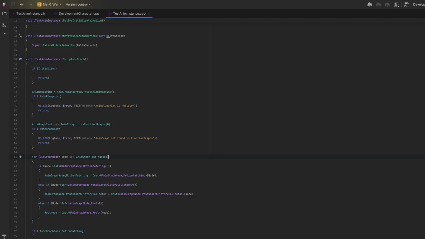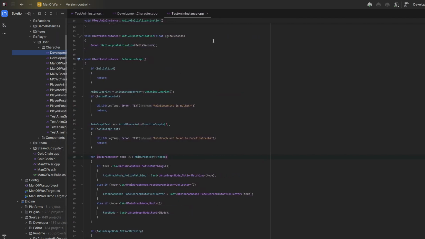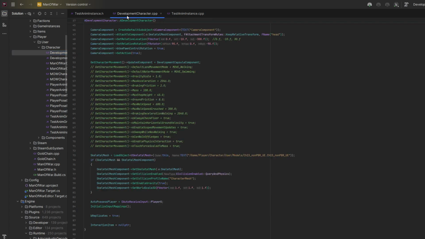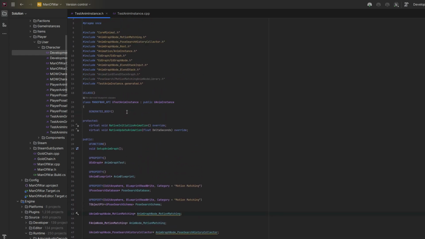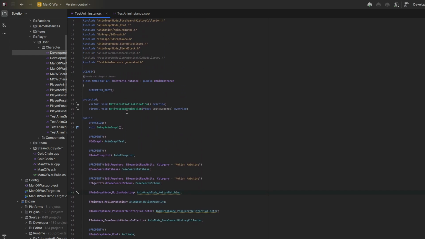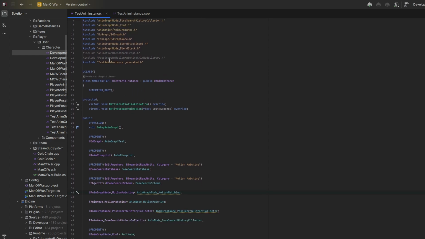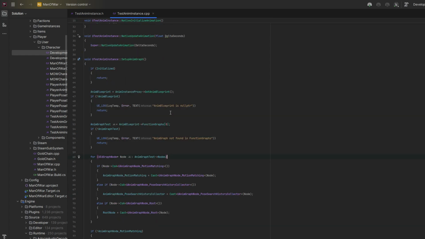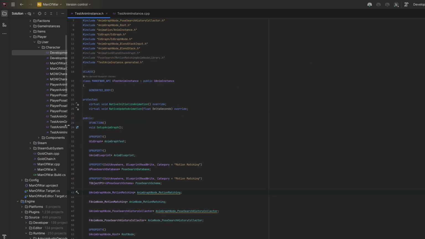So if we open up Rider here, and I'm just going to get the Explorer open here. Okay, so here I'm going to close off that. So we have this anim instance I've made as the header file, and I'm going to kind of go through and explain everything. And then we also have the C++ implementation of it. And also I want to open up